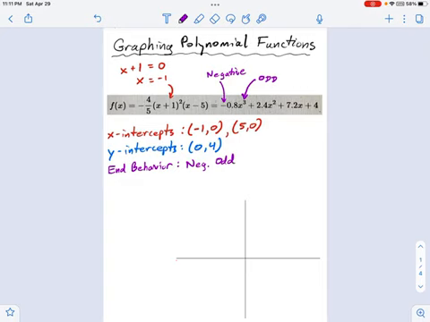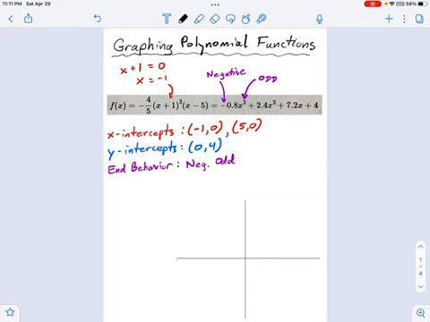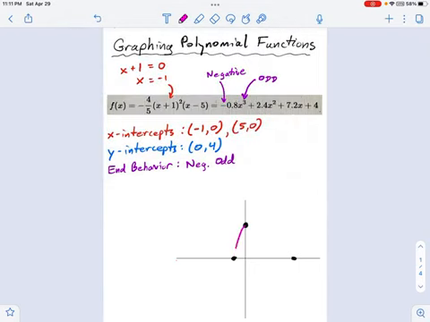Okay. Now I'm ready to graph the function, and I'm going to use black for my intercept points. I'm going to put one here, -1, 0, and the other one's way out here, like 5, 0. I also have a y-intercept at 0, 4, something like that. So what is the function doing? How do we connect these dots? I think some of them are going to be obvious. Like, it has to look like this.